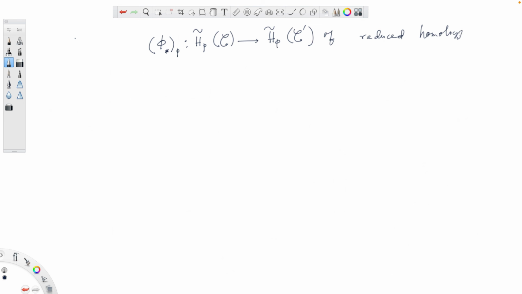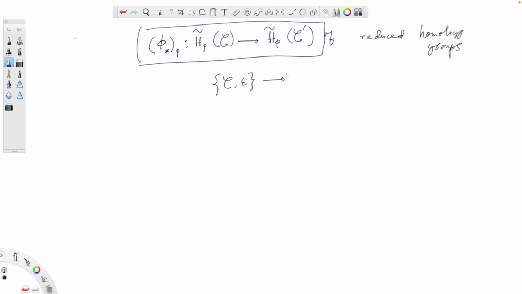So this is the induced homomorphism between the reduced homology groups, as long as phi preserves augmentation, or phi is a chain map between the augmented chain complexes C comma epsilon to C prime comma epsilon prime. Okay,